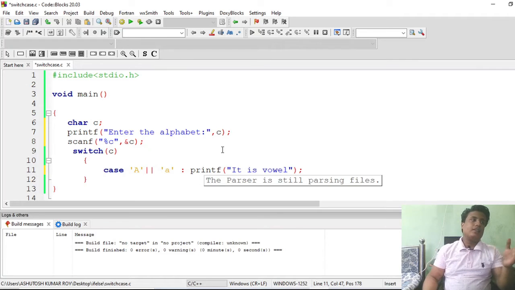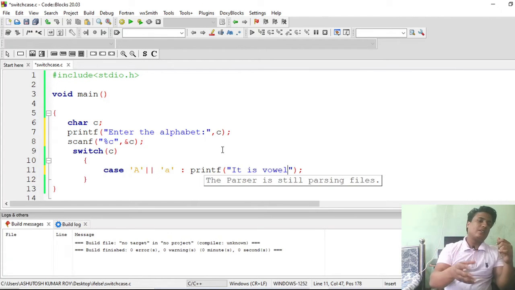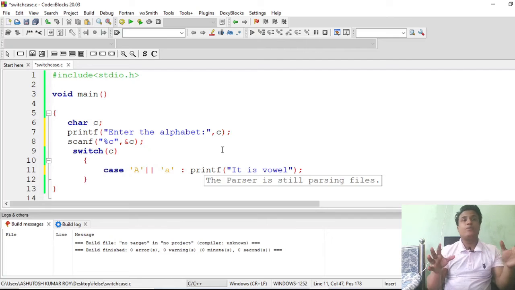You can do it in one line itself, mentioning all the variables in one line and checking for them. You can do the same thing here also. In switch case, you can do it separately by putting break in all 5 cases, or you can combine all 5 cases without any break statement and run the same statement for all of them. I will show you both ways here.